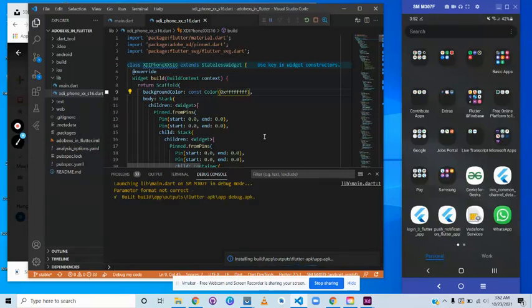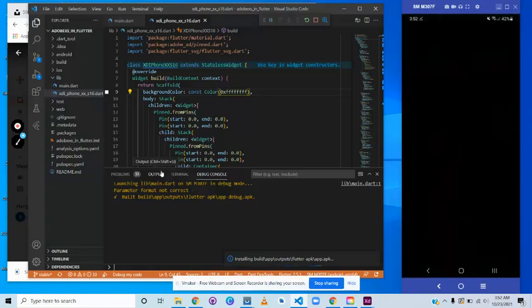It will take a minute more to be completely installed onto the real device. Sorry for that. Let's wait one more minute and see how the output comes.